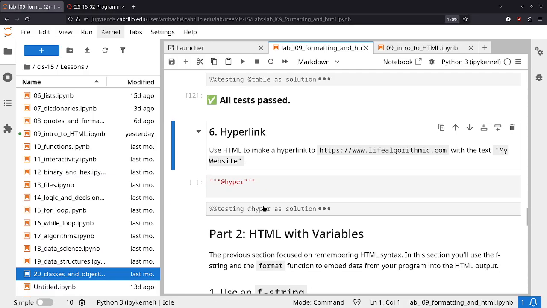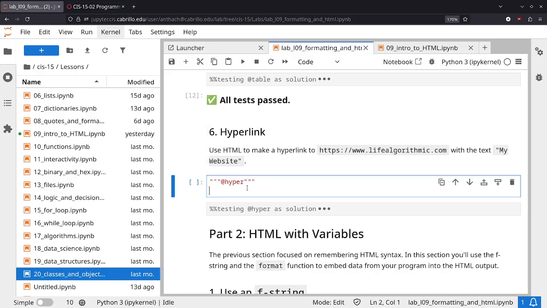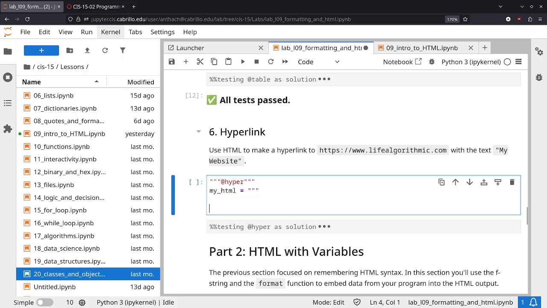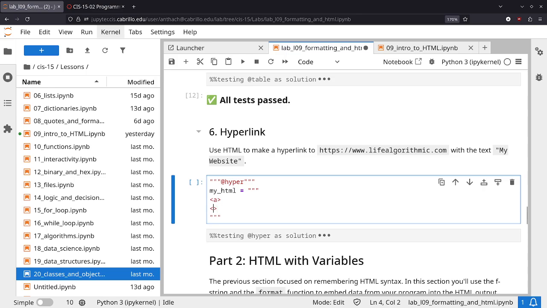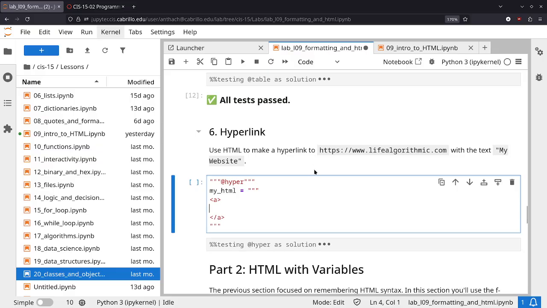All right, finally, we're gonna do a hyperlink. Right? This is making text clickable. So you might remember from last week that the tag for that is called A, right? Just right here, A. I'm not sure why they decided to call it A, but if you wanted to, here,